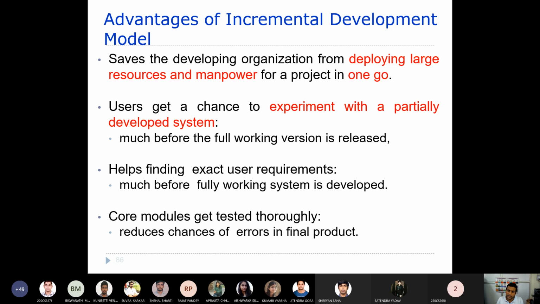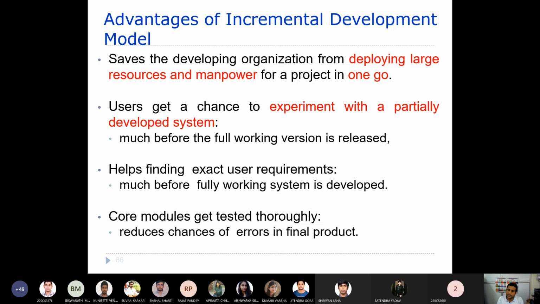As a result, by the end of your last version, these core modules get tested very thoroughly, and you will not find any defects in them. This is because the development of other modules depends upon these core modules. If there is a defect in the core module, it is a very costly affair at a later point of time.